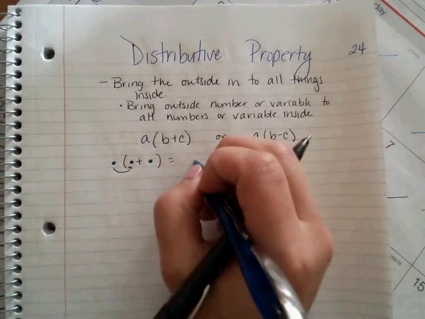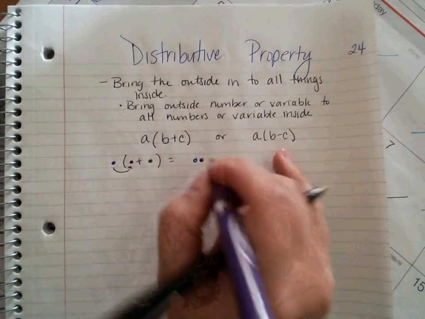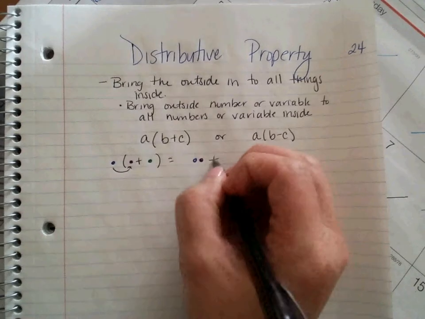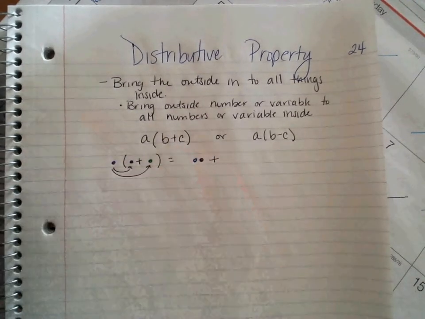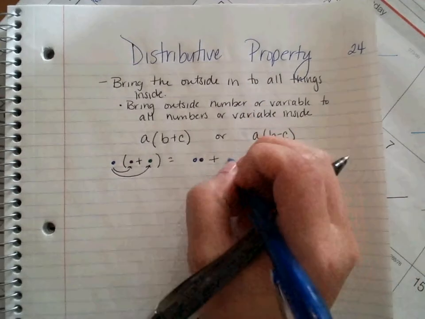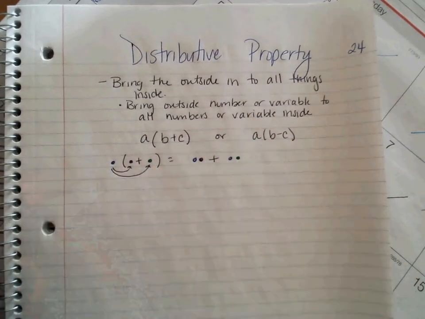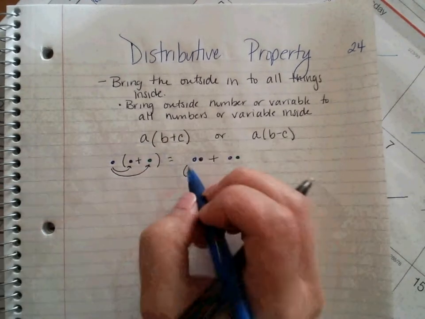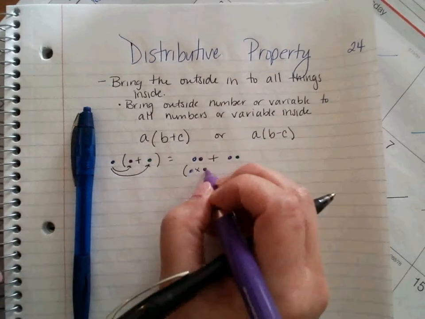So I'm going to say blue times purple, side by side means times, and then I'm going to say plus, and then I'm going to take my blue times my green. So the way it looks is I have blue times purple